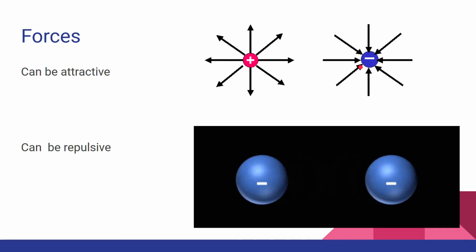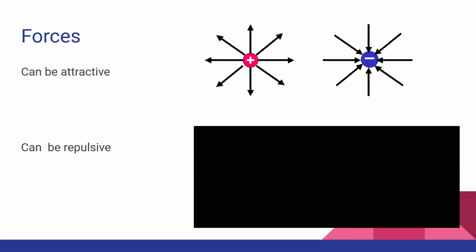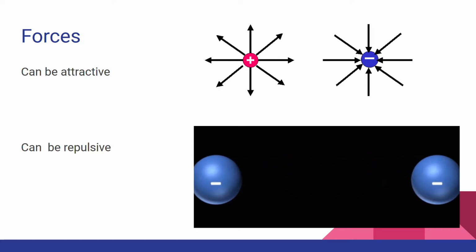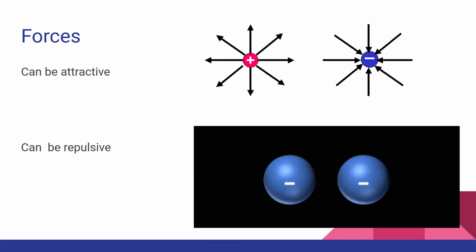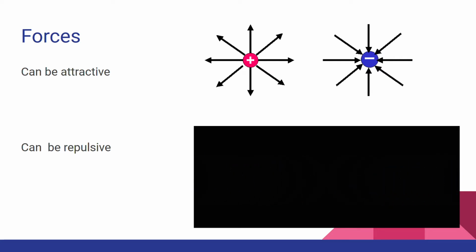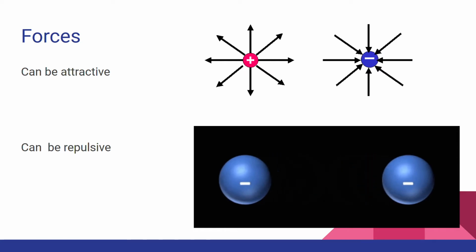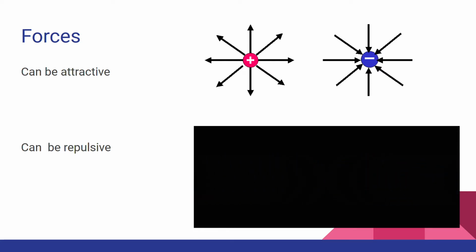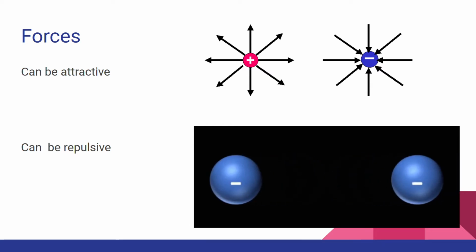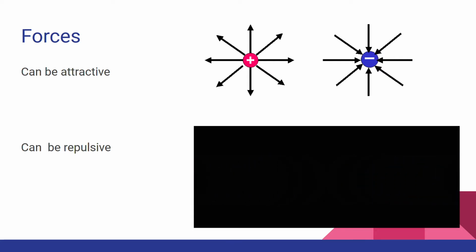An electron is an example of a negatively charged particle. A proton is an example of a positively charged particle. But we will not be talking about that in too much detail right now. If you're not sure what those are, just look it up. But I will post another group of slides that will explain that. So below just shows you what happens when two negatively charged particles come into the same field or come into